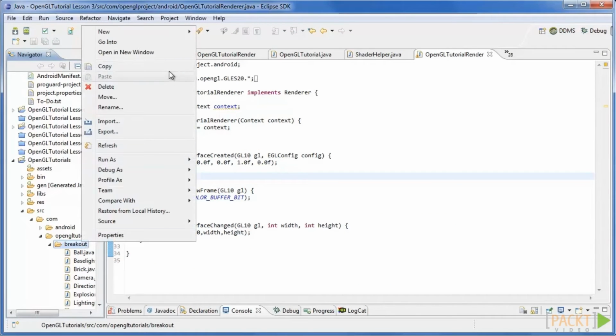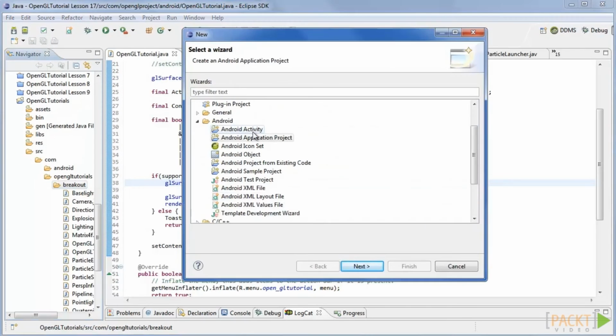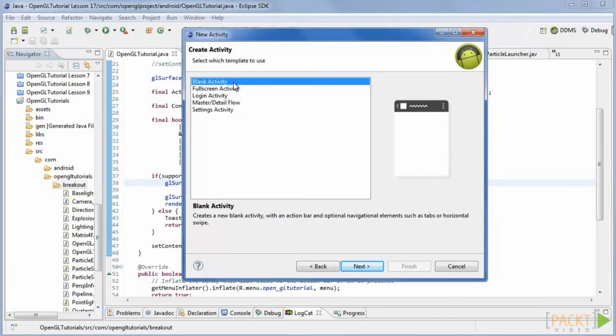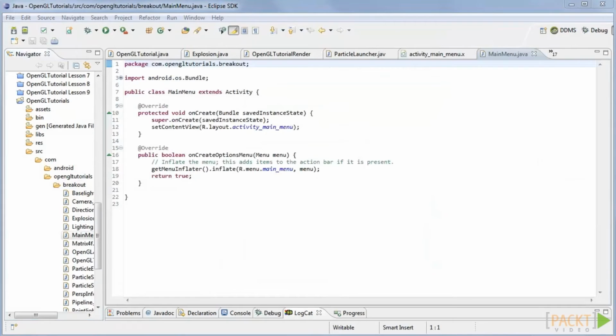Right click, go to New and select Other. Click on Android Activity and create a new blank activity and call it Main Menu on this screen. We now have our new main menu activity, so we will add our graphics to the background as well as the buttons to navigate. To do this, we will be editing the XML file which is used to create the